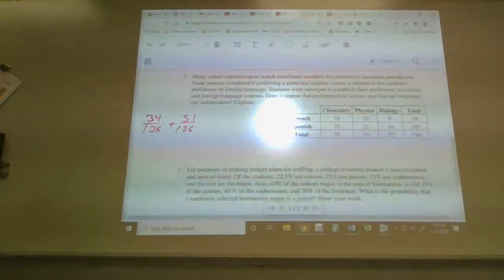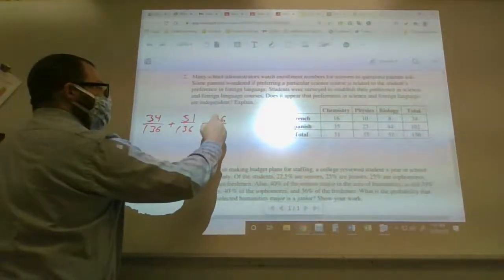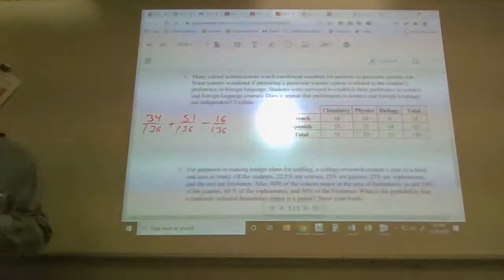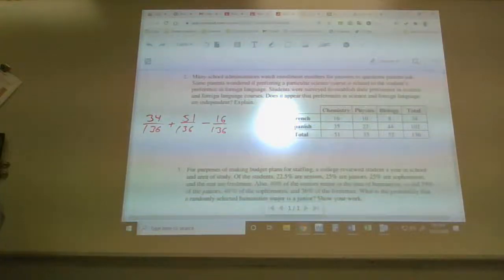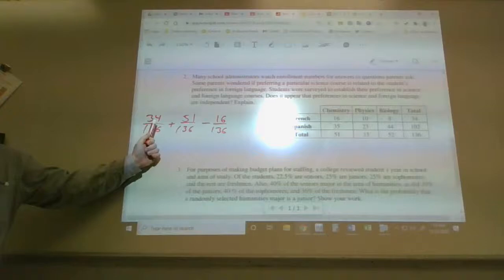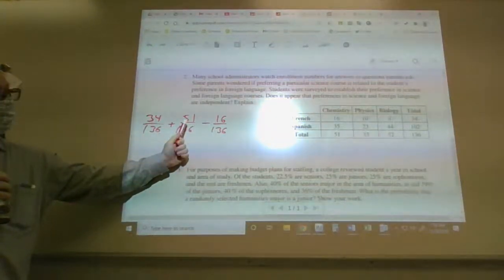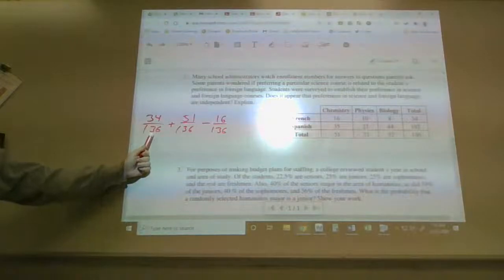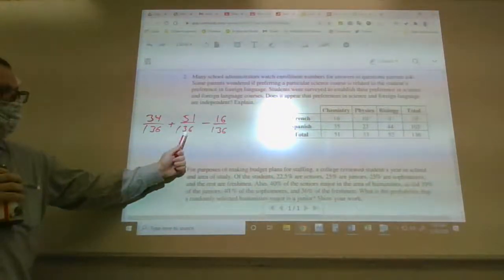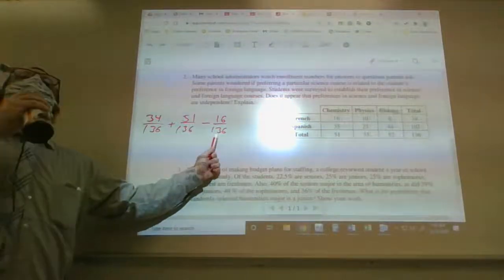You got to subtract the 16. You got to subtract the 16 because technically you have counted them twice. You have counted those 16 students in the group of 34, and you have counted those 16 students in the group of 51. This would be the probability of French plus the probability of chemistry minus the probability of both,